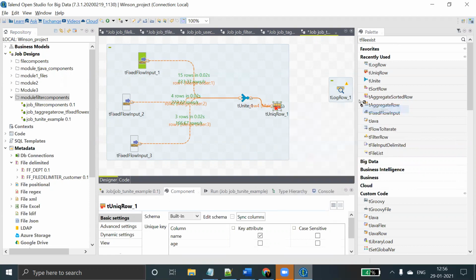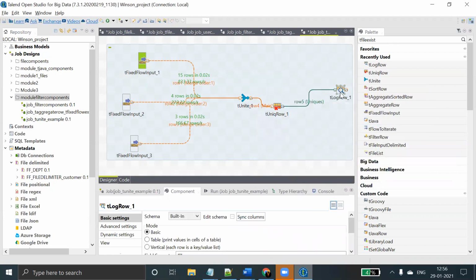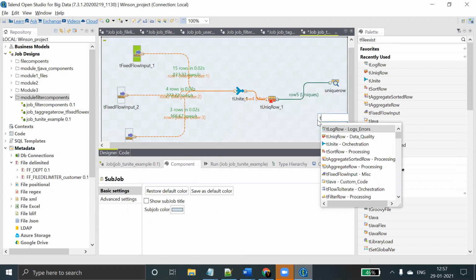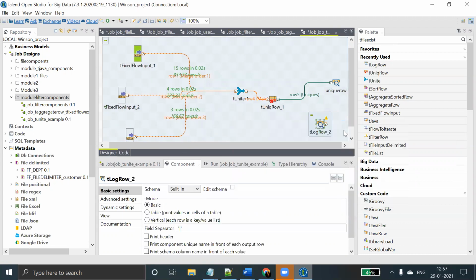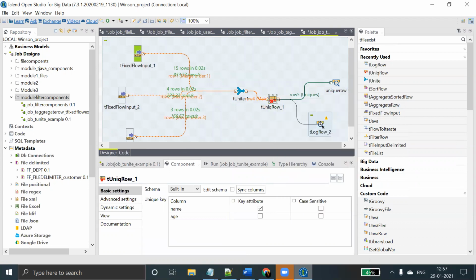Row uniques go into one flow, and here the unique row, and another tLogRow. The row type is duplicates.